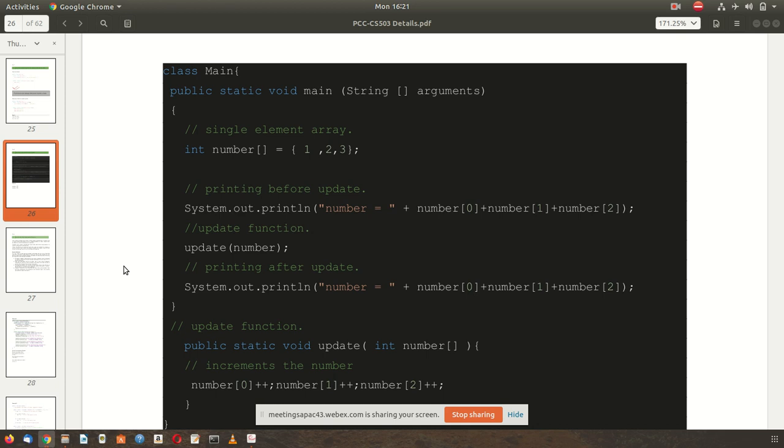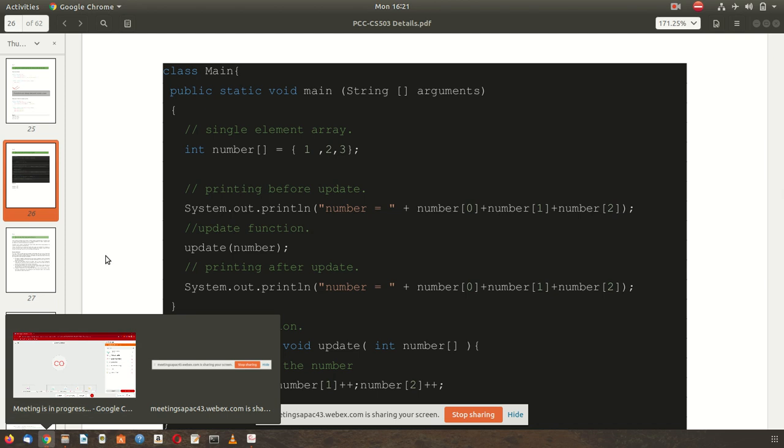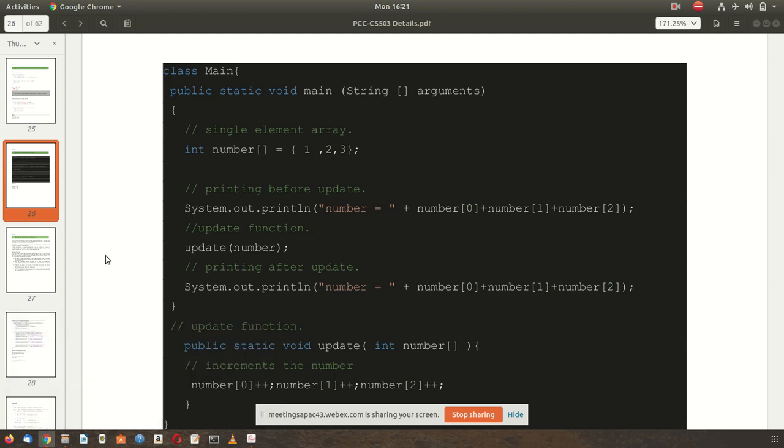Now if someone implements the same program by pass by reference, what does that mean? There is a particular program handling my screen layout, meaning the current appearance of my screen.